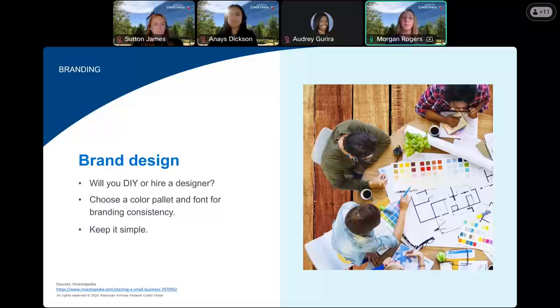Start out by getting inspired by other brands. This will give you an idea and help determine what you like and what you don't like. You can use simple design tools online to create a branding design, so get your hands dirty and start creating. Keep it simple and consistent to easily create a professional looking design for your branding.